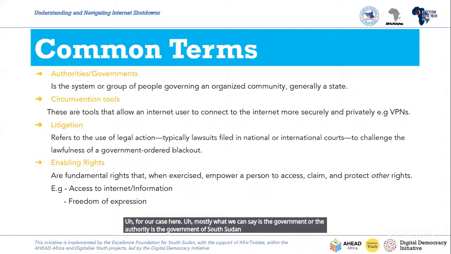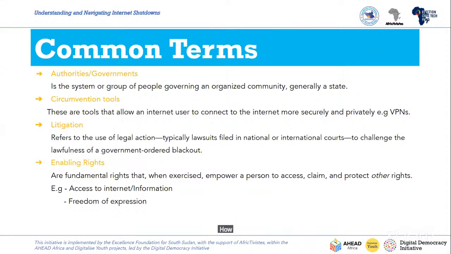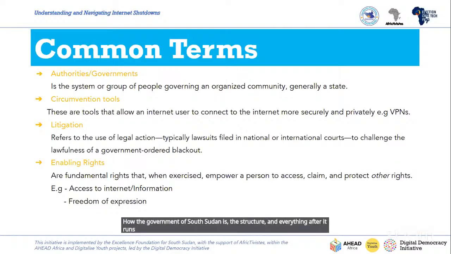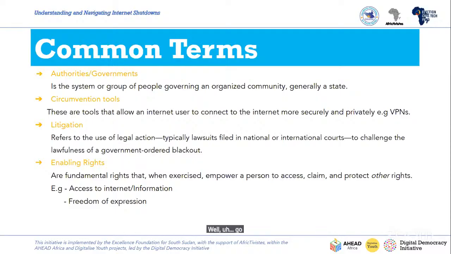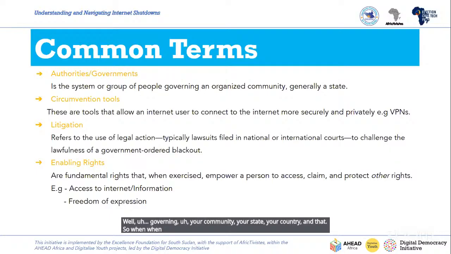And most of us here, I'm sure we know how the government of South Sudan is, the structure and how it runs. And people from other countries also have your own system or group of people who are governing your community, your state, your country. So when we talk about the authorities, just know that we are referring to that group of people.